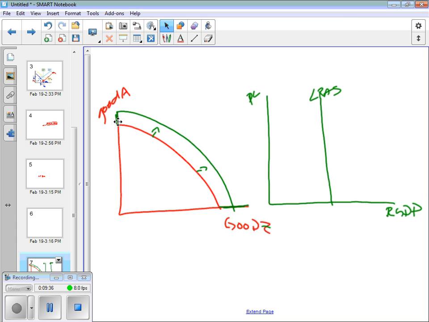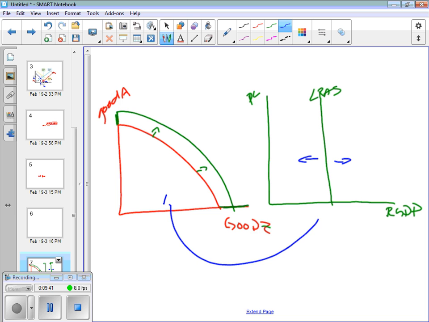Same thing on this model. If the long run is going to shift, it's going to shift for similar reasons as when we shift the PPC. So when you're working with that AS/AD model and you're wondering, gosh, should I shift that long run? If it has to do with changes in wages, it has to do with more consumption spending, that's not going to shift the long run because that's not something that would shift our PPC model.